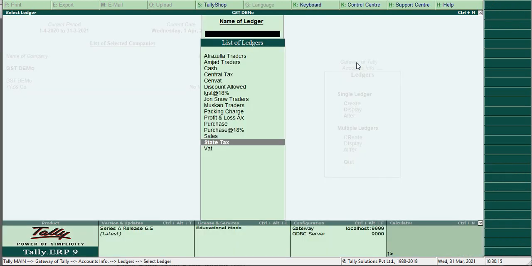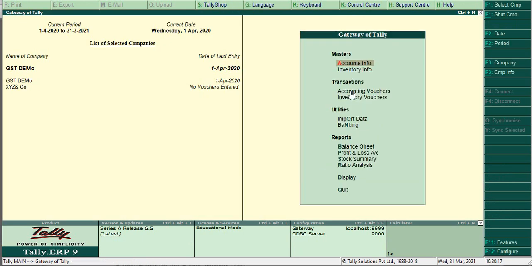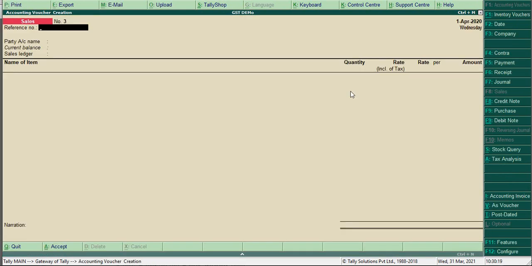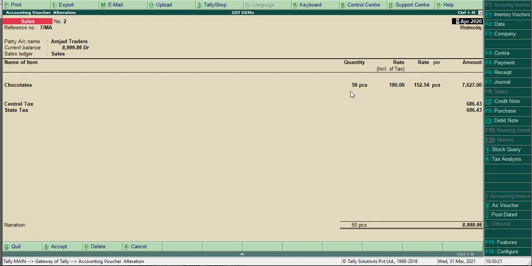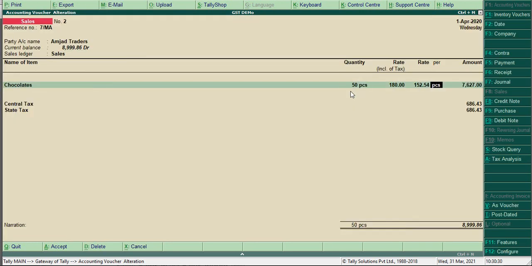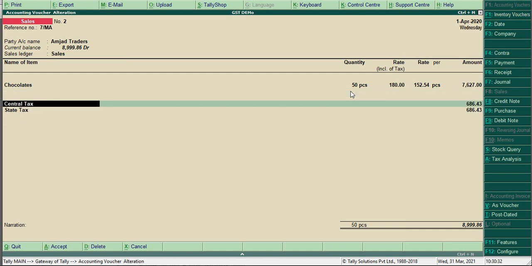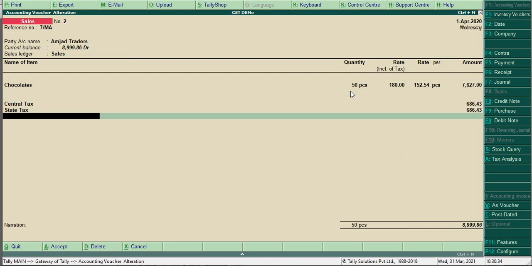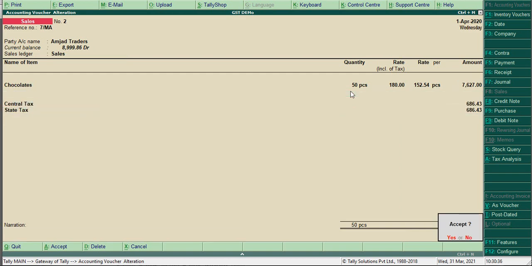So this is the option you have to change, then from next time onwards we will get the same stuff.